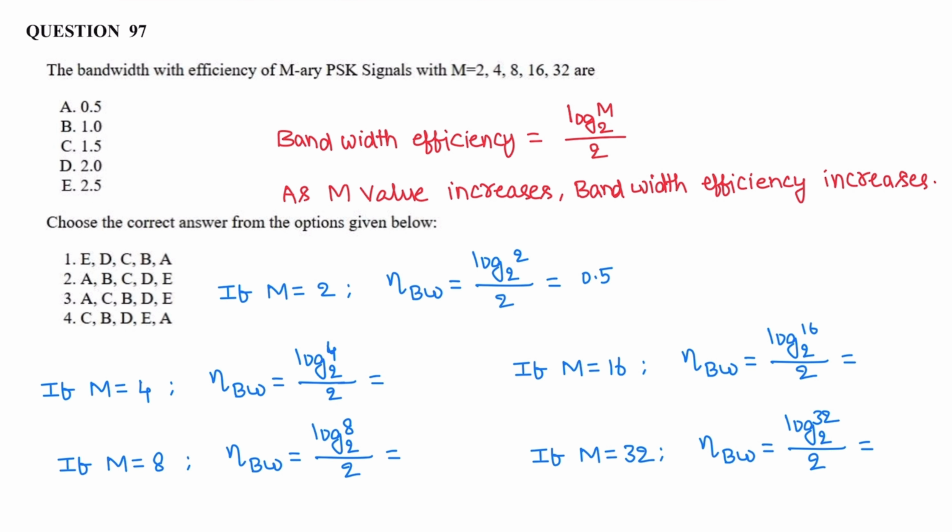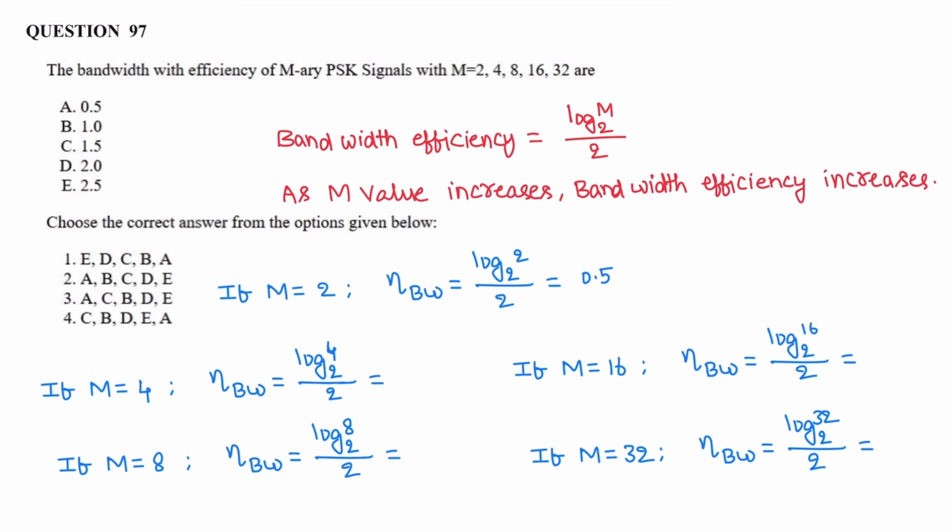Question number 97. The bandwidth efficiency of M-ary PSK signal with M equal to 2, 4, 8, 16, 32. We know that bandwidth efficiency is log M base 2 by 2. As M value increases, bandwidth efficiency increases. If M is 2, the bandwidth efficiency is 1 by 2, that is 0.5. If M value is 4, bandwidth efficiency is